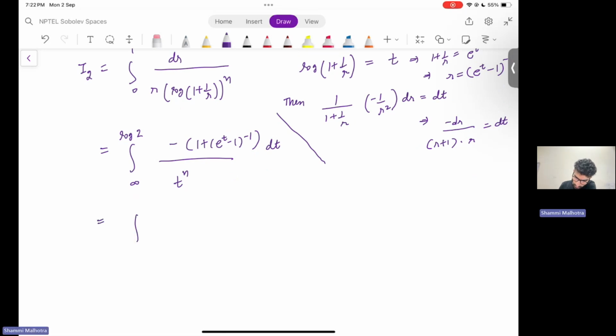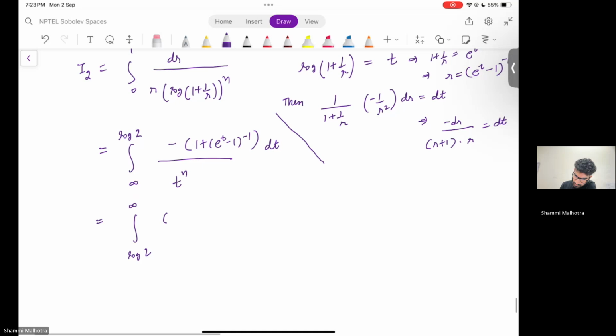And this whole can be written as log 2 to infinity of 1 plus et minus 1 whole inverse. And et, since we are considering from 2 only, so it's like dt, and then you have t to the power of n,